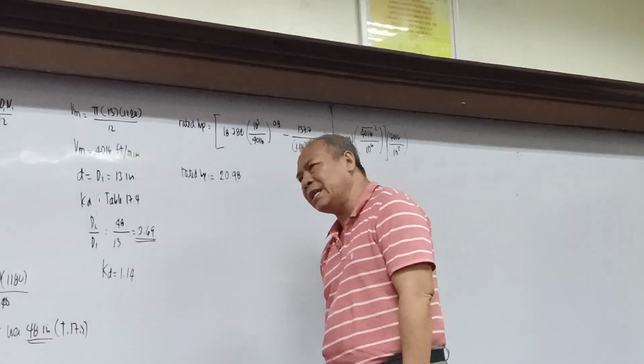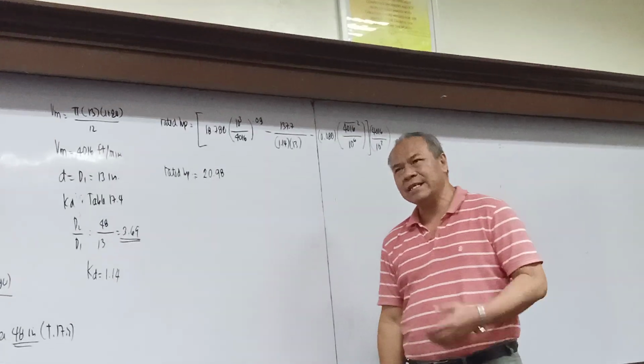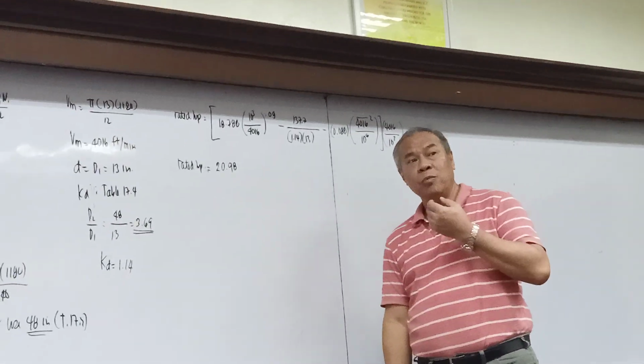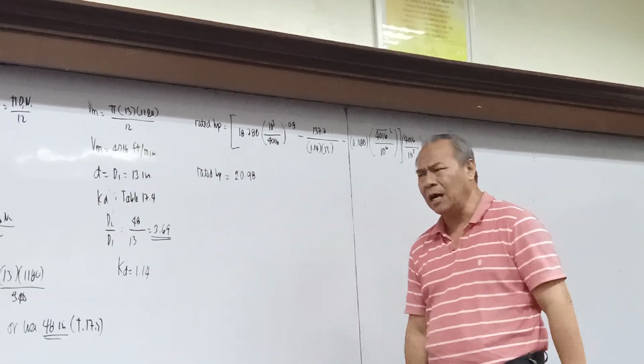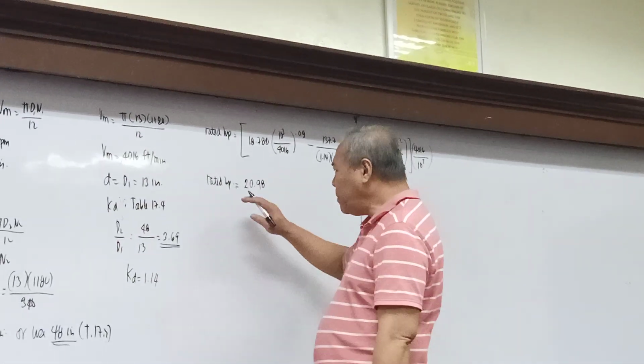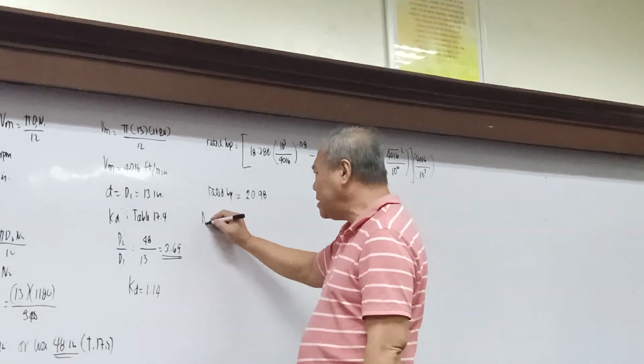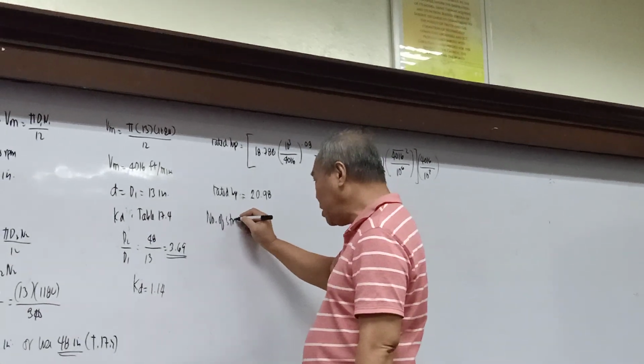Okay, now, ano sabihin yan? So, 20.98 is more or less the amount of horsepower that will be delivered by one belt. Okay, more or less. Alright, now, take note that hindi pa rin itong gamit, kasi kung gusto ko yung malaman yung number of strand or number of belt,